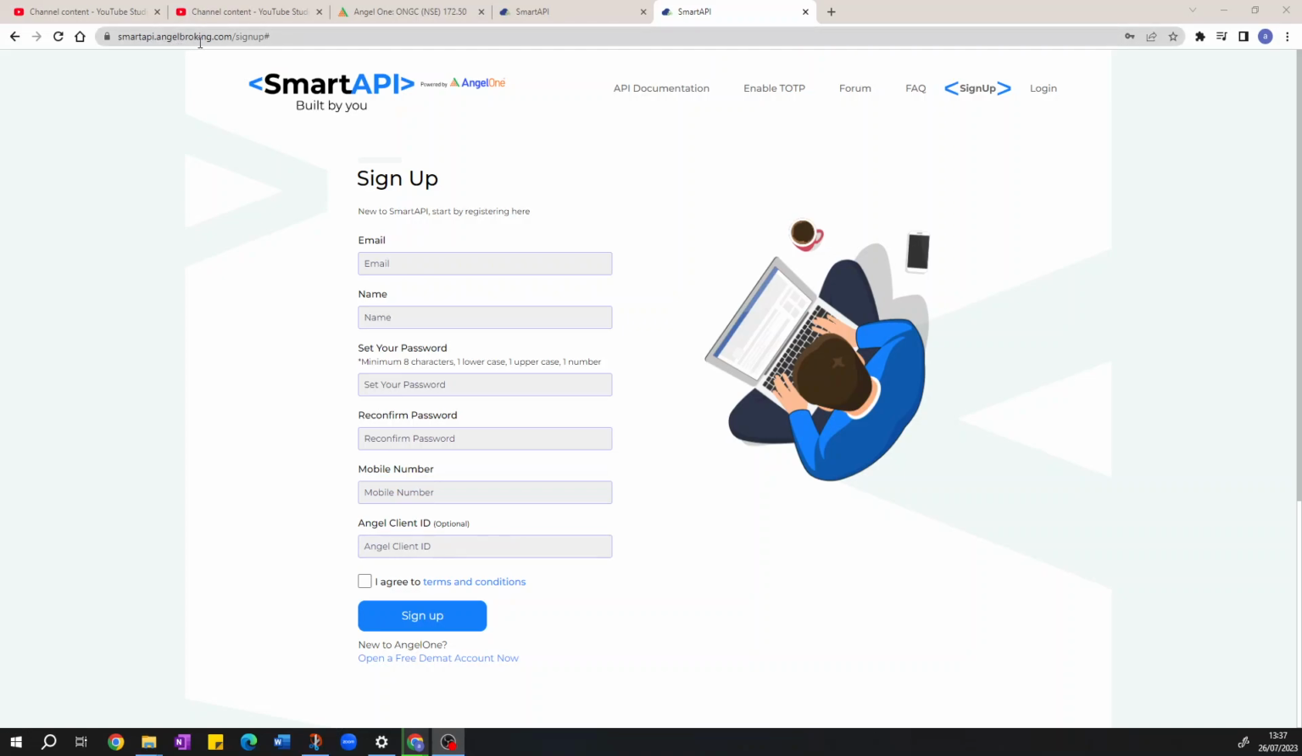Go to smartapi.angelbroking.com and sign up, add your basic details, and the password need not be the same as Angel One, so I suggest don't keep the same password. Angel client ID is also optional, so I suggest don't give this one as well. Once you sign up, you can log in, and then